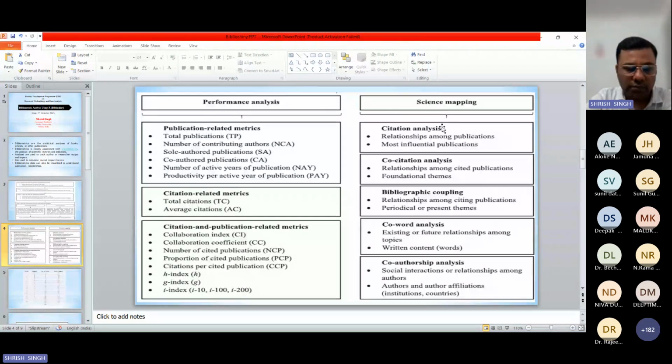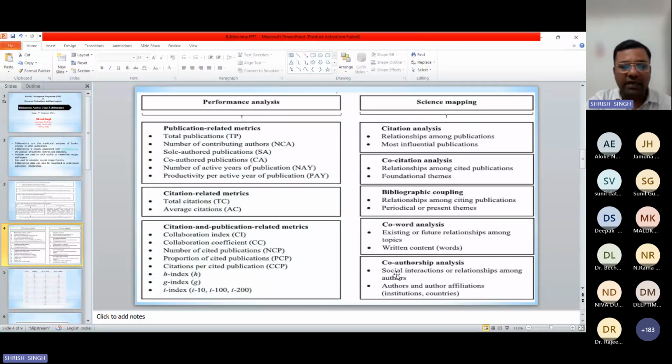But here you can have a little bit of knowledge or insight related to these performance analysis and science mapping analysis. Like publication related metrics are there, citation related metrics are there, citation and publication related metrics are there. What are these metrics exactly? We will be discussing it inside BiblioShiny, and in science mapping, citation analysis, co-citation analysis, bibliographic coupling, co-word